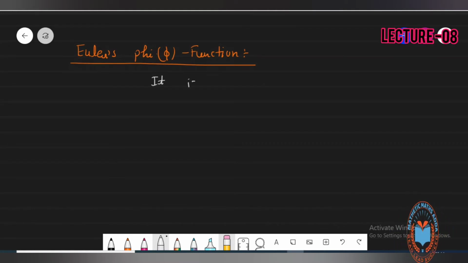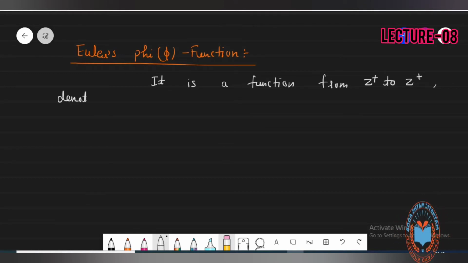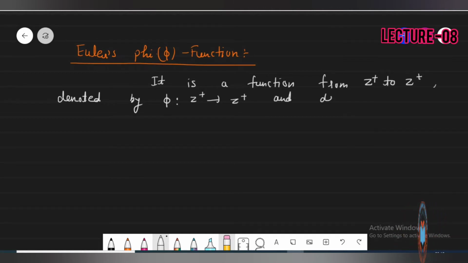It is a function from Z positive, meaning positive integers, to positive integers, denoted by phi, and defined